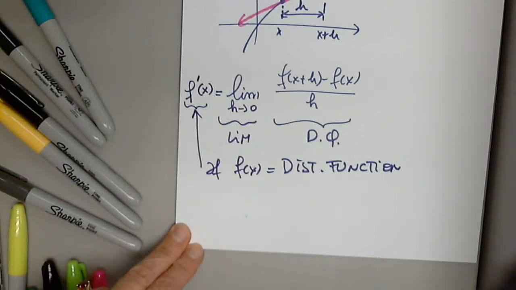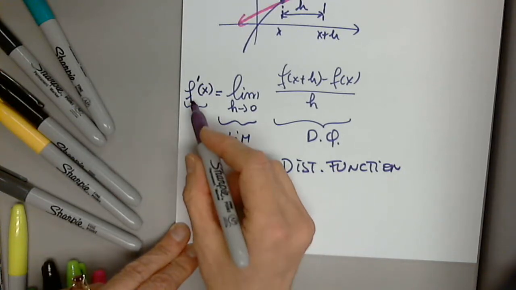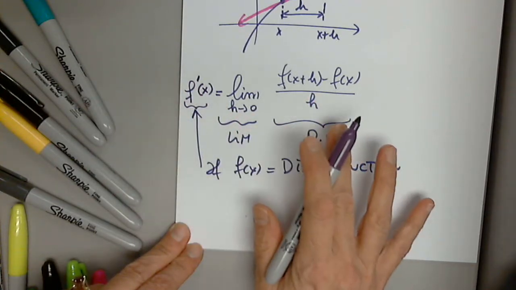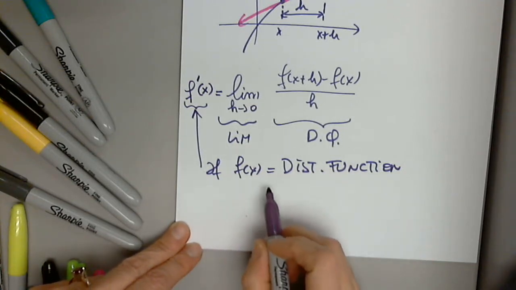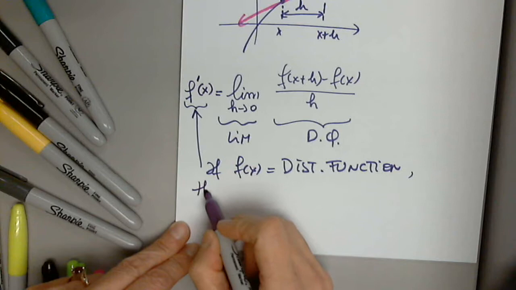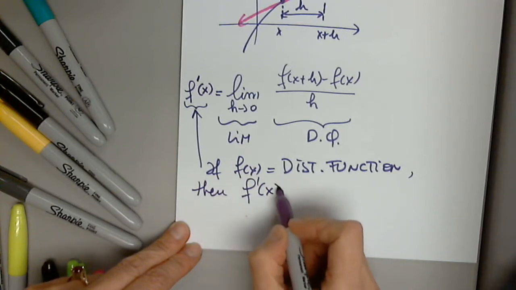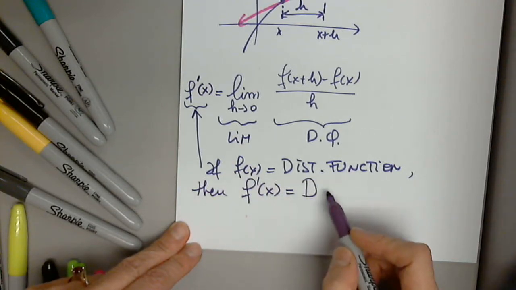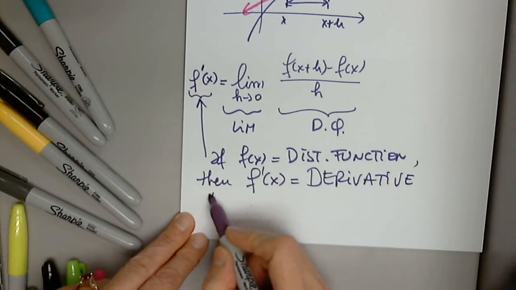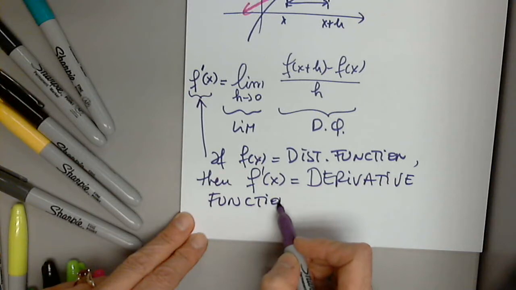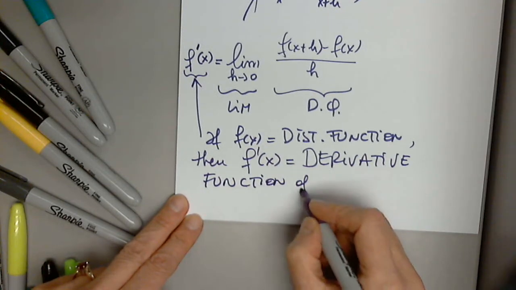If f of x is a distance function, this particular quantity at any point in time for any x with some restrictions, then f prime of x is called the derivative function of f of x,